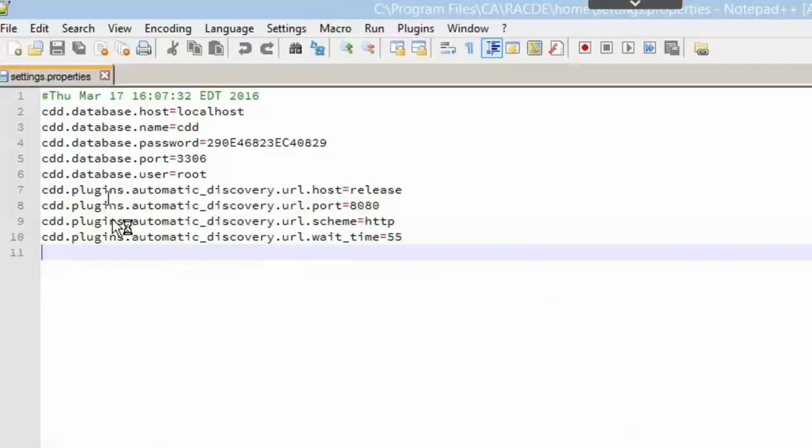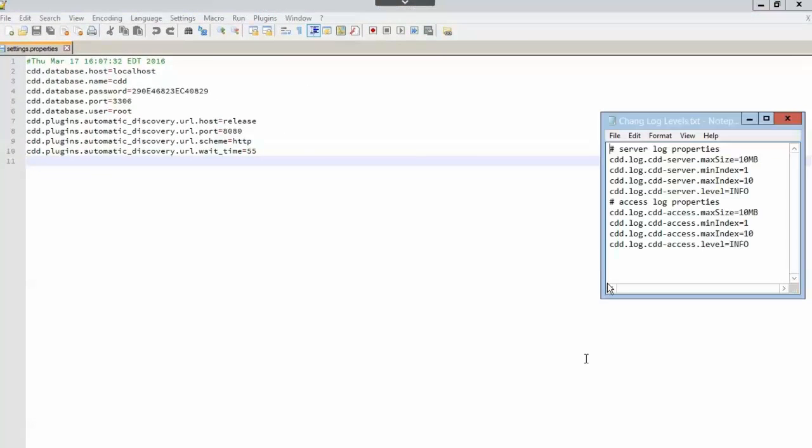And this is the default settings that you'll see there. There's two types of settings. One is the database information, and the second part is you can see that it says automatic discovery. So whenever Release Automation Continuous Delivery Edition is installed, it has a place, a location that it goes to automatically discover any plugins that are put there. And this is the information for that. What we're going to do, as I say, is we're going to change by adding some additional properties here to